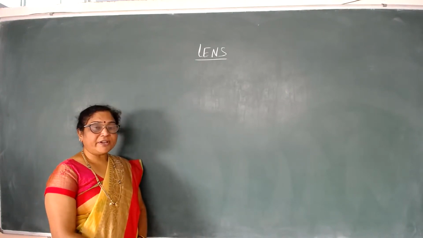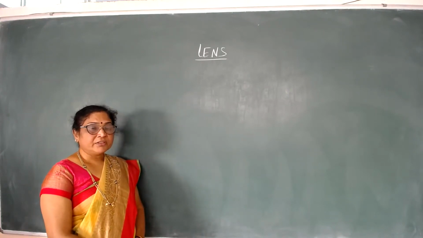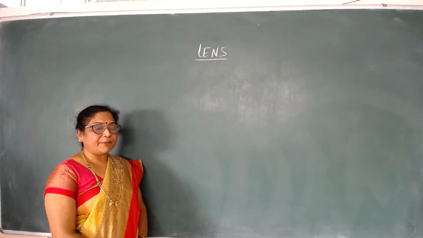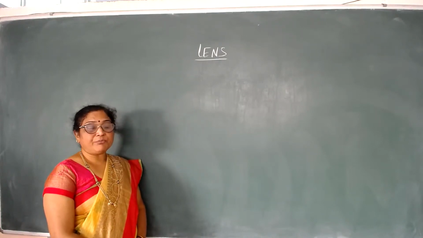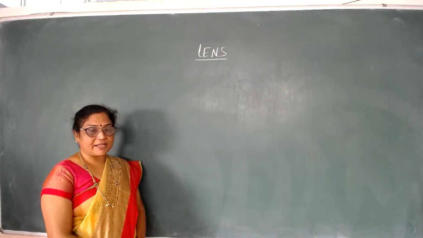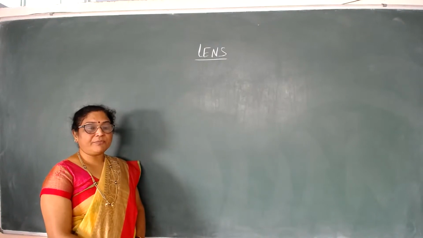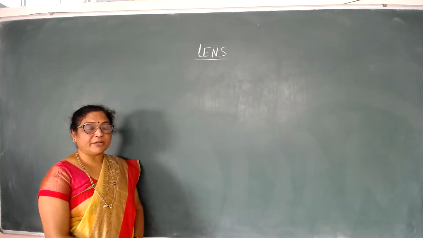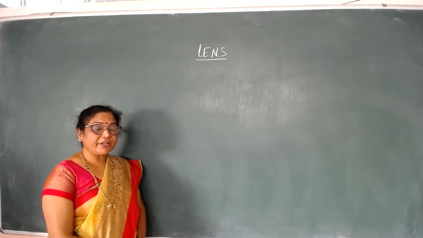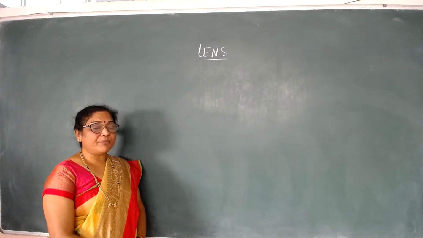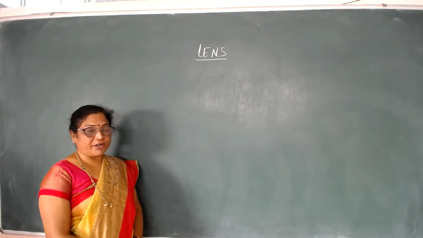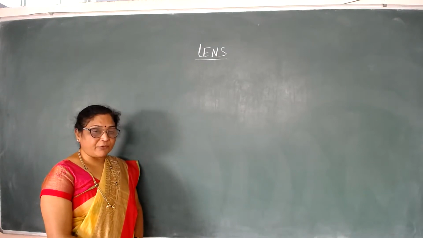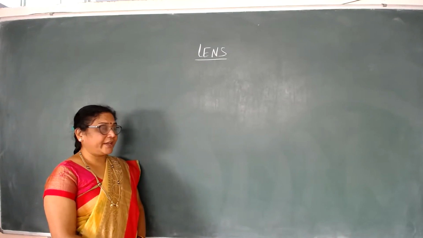According to the lens maker's formula, 1 by f is equal to 1 by v minus 1 by u. But that formula is related to one lens. When a number of lenses are in contact, we derive the expression for the combination of lenses. What is the equivalent focal length when a number of lenses are in contact? To derive that expression,